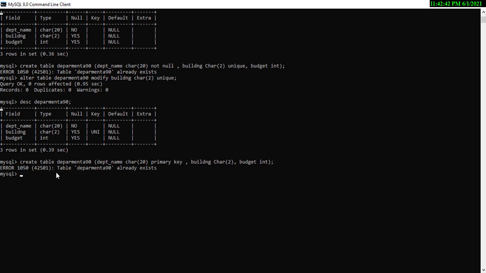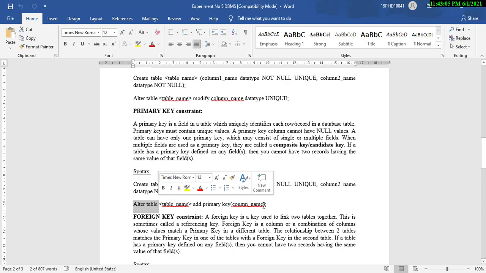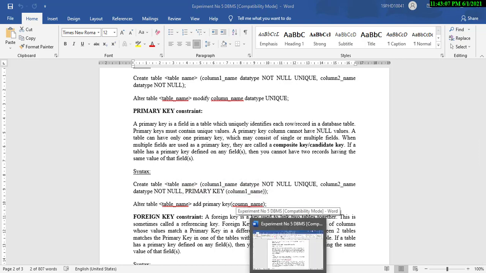But the department A90 table already exists, and I have to apply the primary key constraint on the department name attribute. So I can utilize the alter table statement, a DDL statement. The syntax goes like alter table name, add primary key, and the column name on which you wish to apply the primary key.